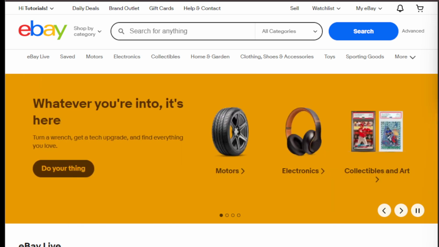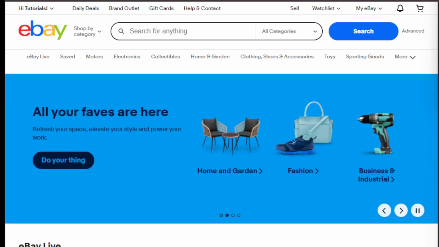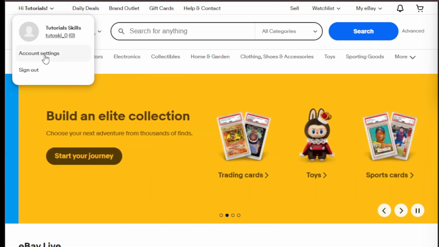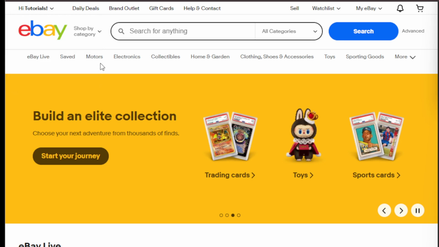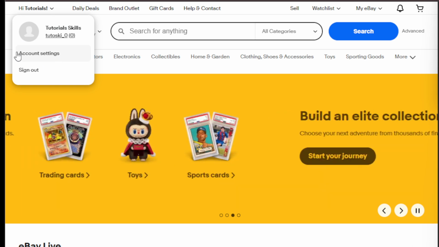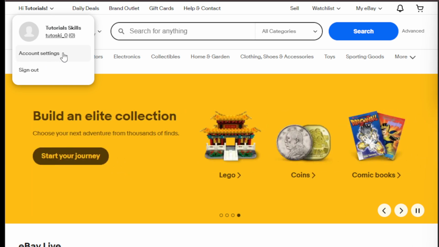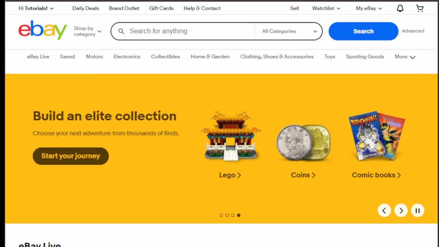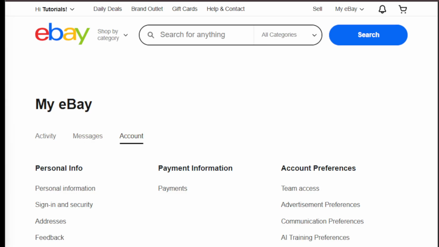To begin, make sure you're logged into your eBay account, which is your main gateway to all settings changes. Once logged in, you need to navigate to the Account Settings page. You can find it by hovering over the My eBay drop-down menu in the top right corner of your screen. Click on that and you'll see several options. From here, select Account Settings. This area serves as your hub for managing how your account functions, and this is where we'll dive into personal